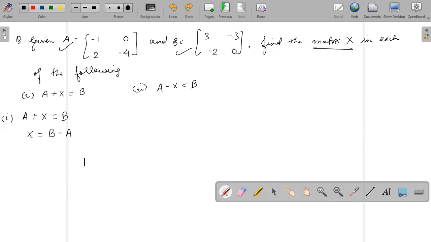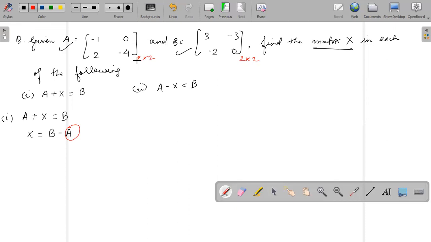Now, let me continue with this equation. So X is equal to B minus A. If you see B is of the order 2 cross 2. ये ऑर्डर वगैरह मैंने प्रीवियस लेक्चर्स में बता दिया है. If you haven't watched them, watch those previous lectures of this chapter itself. मैंने ऑलरेडी बोल दिया है कि प्लेलिस्ट में सारे अच्छे से अरेंज्ड है, उनको देख लो, नहीं तो ये समझ में नहीं आएगा. So B is 2 cross 2 order, and if you see A is also 2 cross 2,